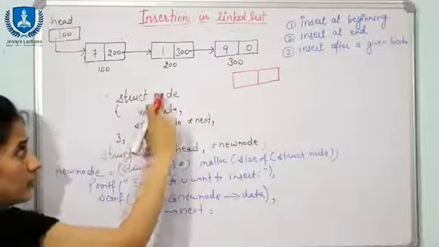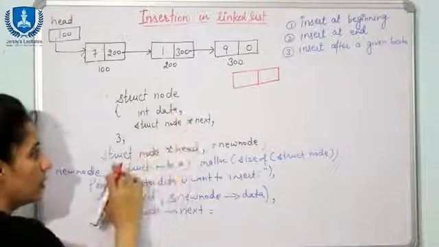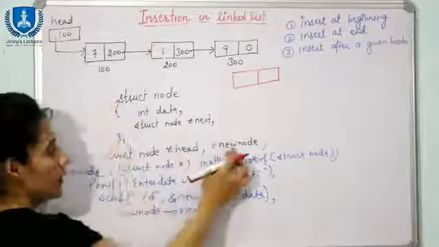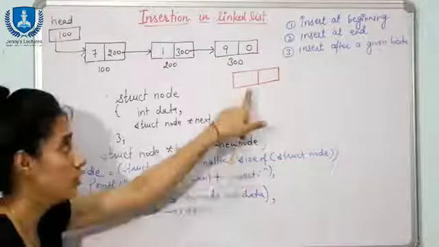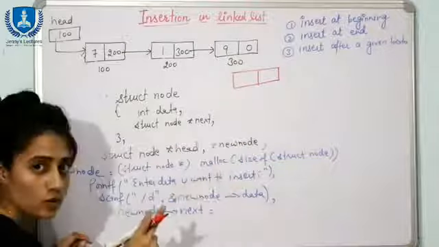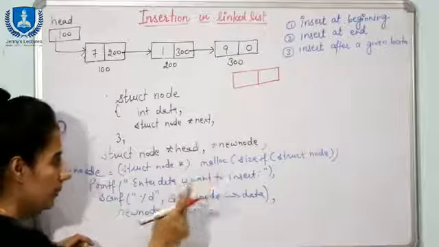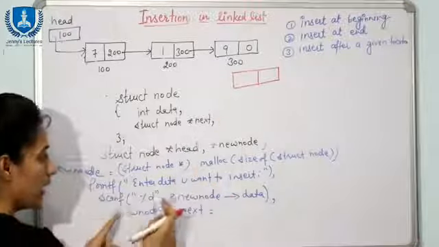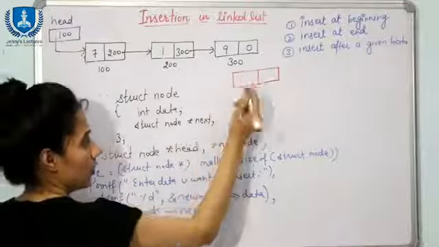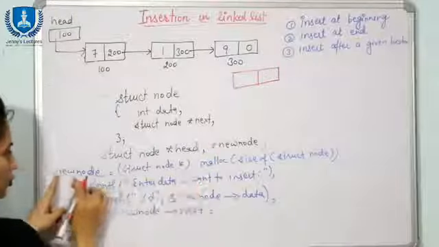This is the data type. We have defined data type, struct data. We have taken this head pointer as well as a new node pointer, because new node pointer is going to store address of the newly created node. This is how you have allocated memory dynamically. You will ask from the user which data you want to insert, and in this part, see, this address is going to store in new node.